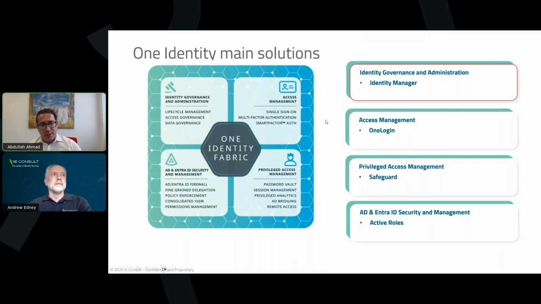But today we will go through the Identity Manager capabilities. We will not have the time to go through all the details, but we will give you a first introduction. And of course, we will be happy if you have some questions and raise your hand or come back to us.